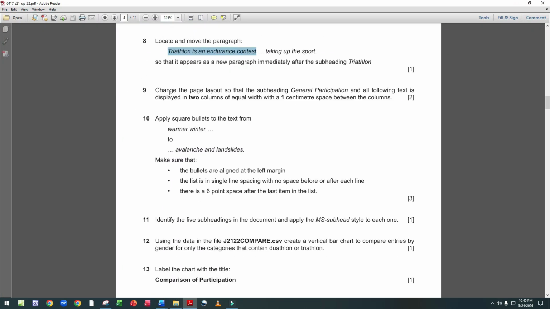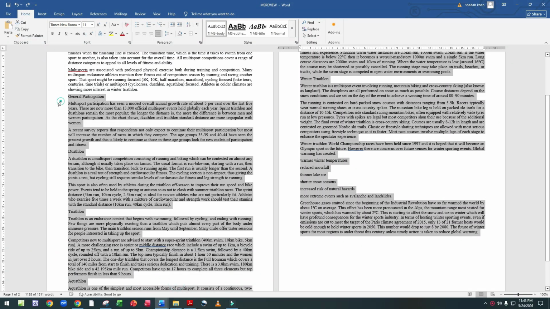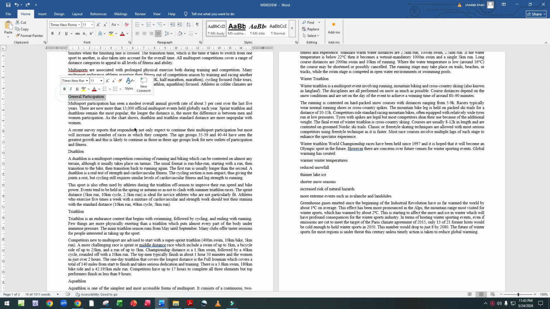Now come to step 9. Change the page layout so that the subheading General Participation and all following text is displayed in two columns of equal width with a 1 centimeter spacing between the columns. Now we select the text from General Participation up to the last.